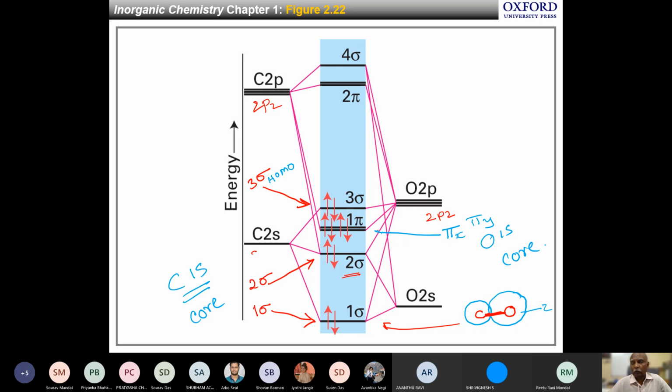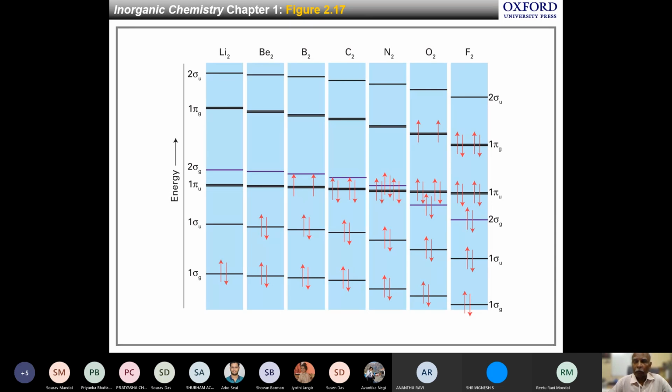The highest occupied molecular orbital is going to be this 3 sigma. And the lowest unoccupied molecular orbital is the pi molecular orbital. So we'll put a star to indicate the pi star. Before I go further, I should tell you that carbon monoxide is indeed an amazingly unique